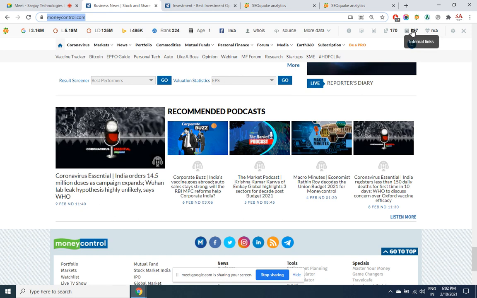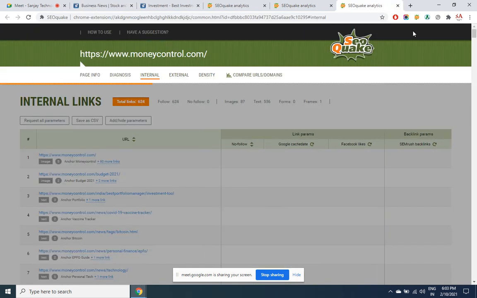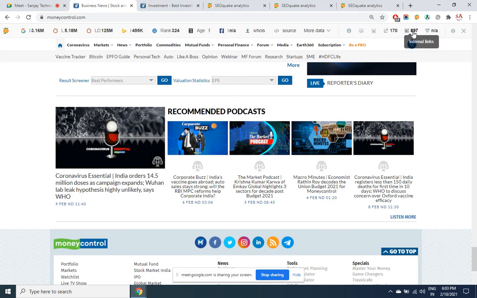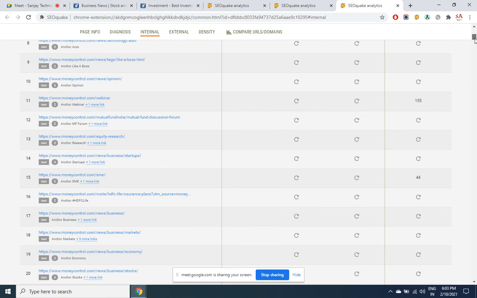This figure is the internal links. 85% power here and 15% power here. So to whom is he giving the backlink within his website? 15% of PageRank 6 divided by whatever that number was, 897. So that may be like 0.2, 0.3 PR which each of these pages is getting here. Nearly 1000.